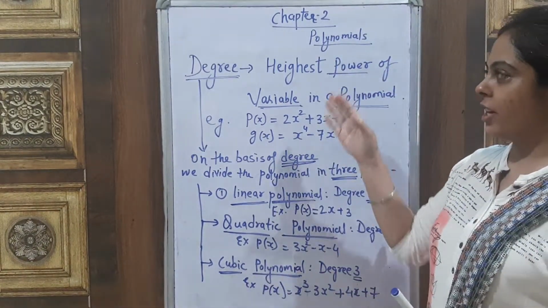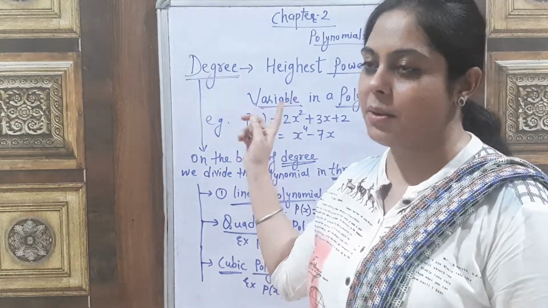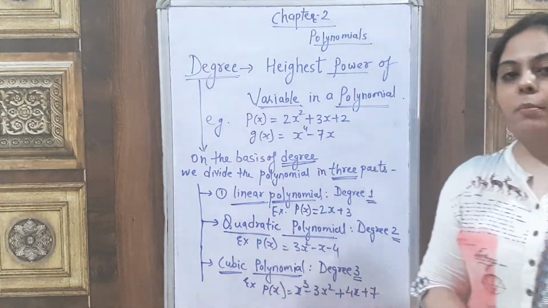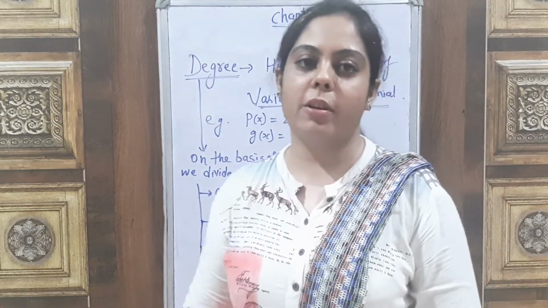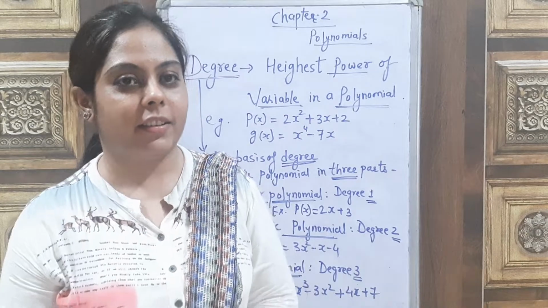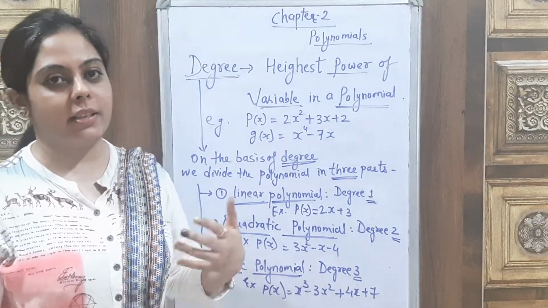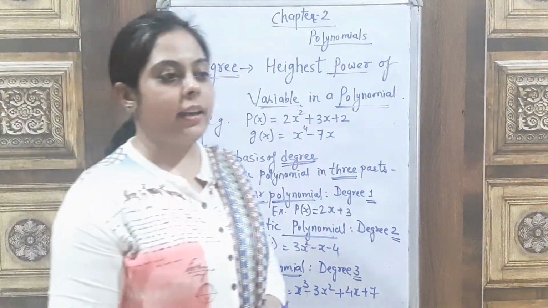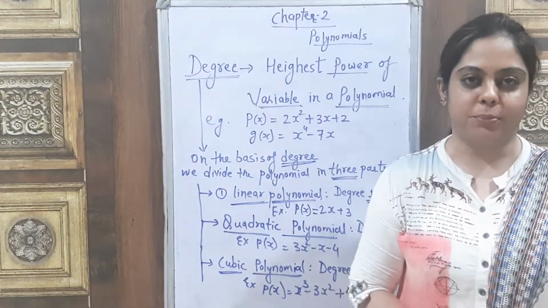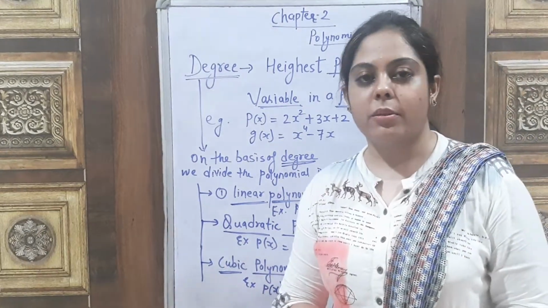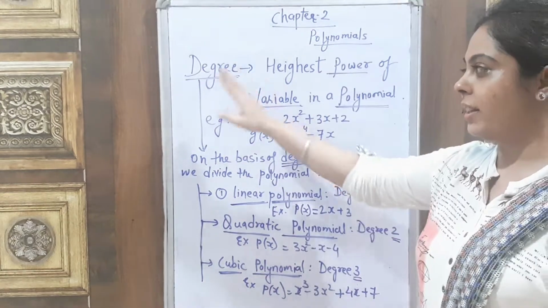So here we are going to start our second chapter, and the name of the chapter is polynomial. Polynomial, ये वर्ड, ये टर्म आप लोगों ने ऑलरेडी 9th क्लास में सुना हुआ है. आप लोगों ने ऑलरेडी पॉलिनोमियल के बारे में स्टडी किया हुआ है एंड दिस वर्ड पॉलिनोमियल इज वेरी फेमिलियर टू यू. सो नाउ लेट अस स्टार्ट दिस चैप्टर पॉलिनोमियल विद द टर्म डिग्री.